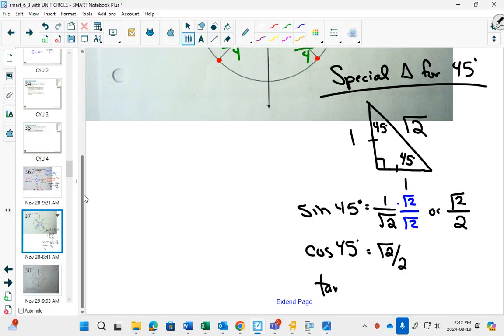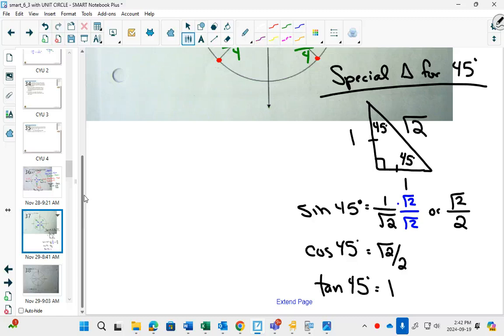And tan of 45 is opposite over adjacent, 1 over 1. That will just be 1. I like using the tan of 45 to show you that it didn't matter what numbers you picked. For example, if you chose 5, the other side would be 5. What would tan be? 5 over 5,